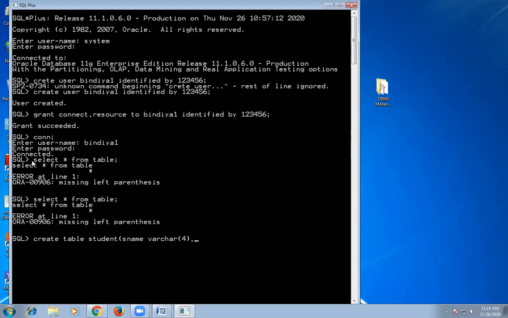In the case of character, out of the 32, if I'm using only 4 bytes, the remaining bytes are going to be wasted. But this will not happen in the case of varchar. Even though I occupy only